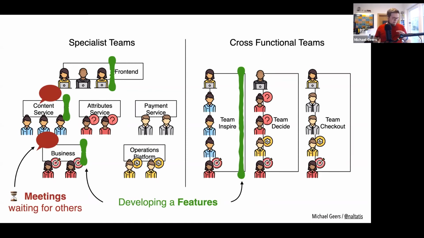They have to talk about interfaces between these different systems. They have to have meetings, and the most important one, they have to wait for each other. So they all have their own backlogs, and prioritization is not always the same in all of these teams. And the left one,